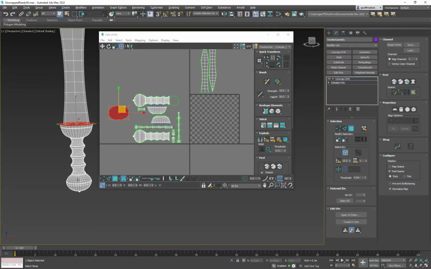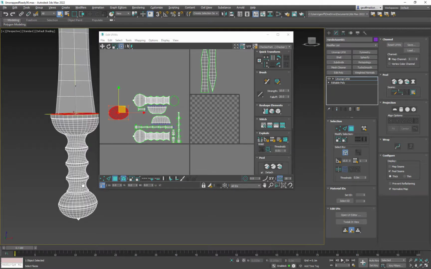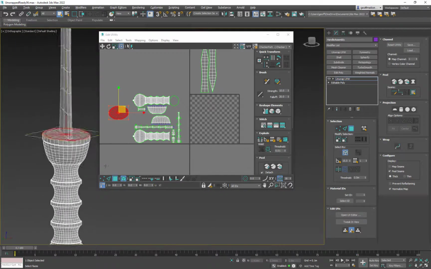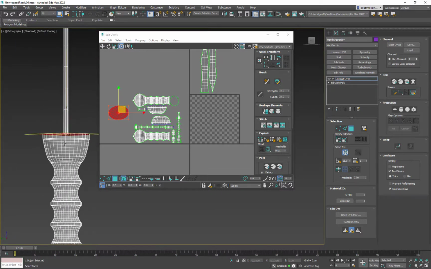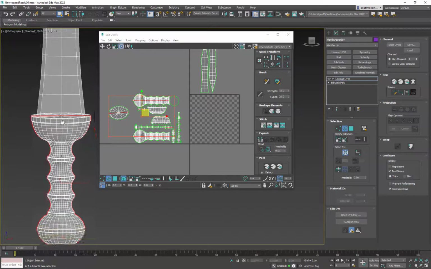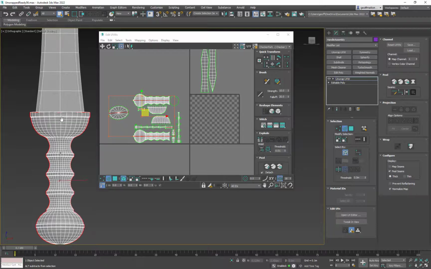So if I take a look at the actual wireframe on this, I can go back to front real quick and find a nice clean place to cut it. I'm going to grab this edge right here, which is, I pushed 2 to go to edge mode, and then I'll grab this edge and double click it, and you'll see it goes all the way around. What I'm going to do before I do anything else is first